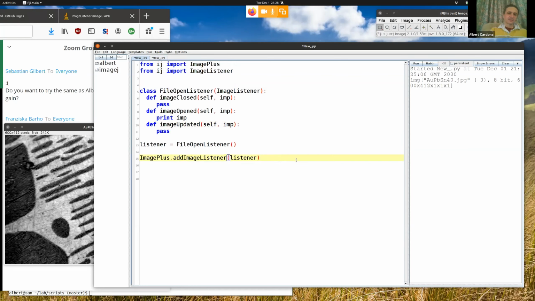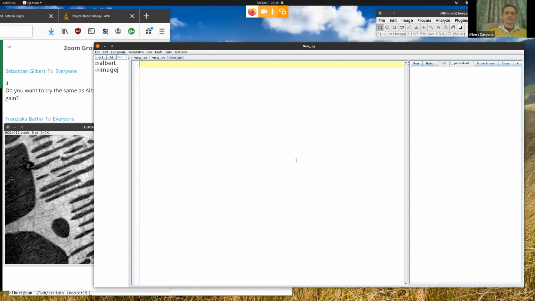And so in this case, I can write a new program that basically says, okay, what are the listeners? And that's going to be an ImagePlus, I think is the remove image listener. Unfortunately, I don't know that ImageJ enables us to retrieve all the listeners that it has. And therefore,